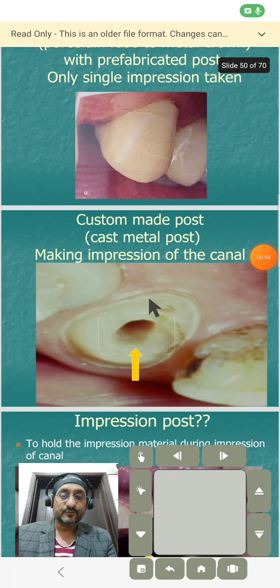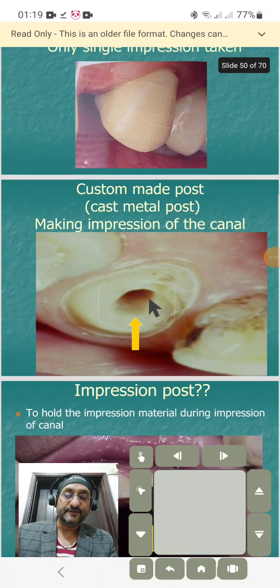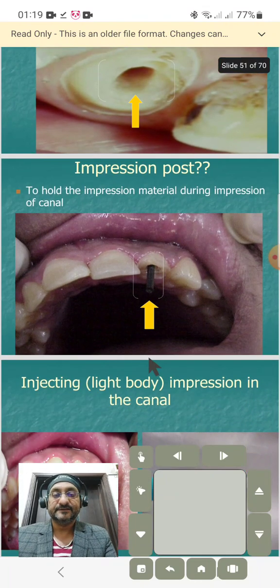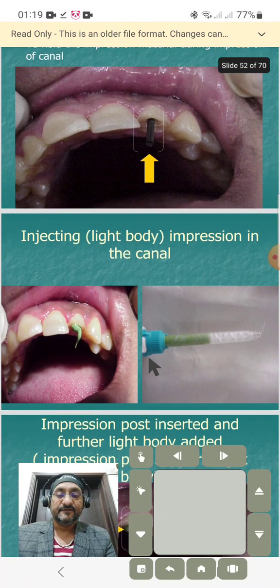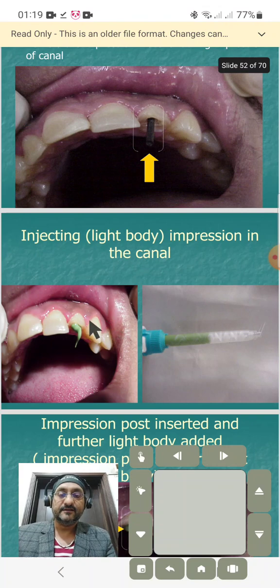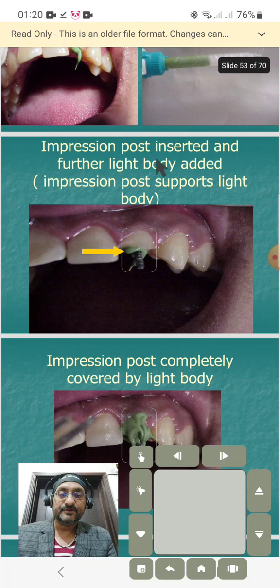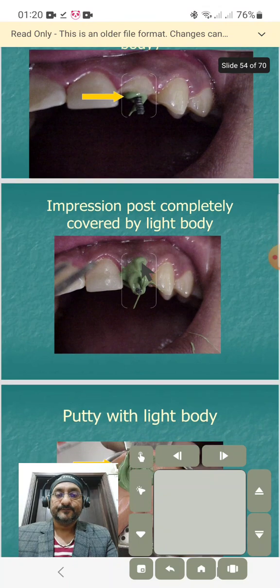For custom-made posts, we have to make an impression of the canal, so we need an impression post. This is an impression post which holds the impression materials during the impression of the canals. We inject the light body inside the canal, you can see, and then we put the impression post inside for further light body added, and the post supports the light body here. You'll see we have a small serration in the impression post, and then the impression post is completely covered by the light body,